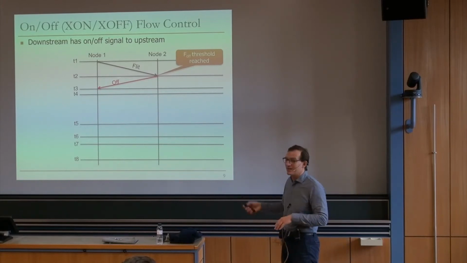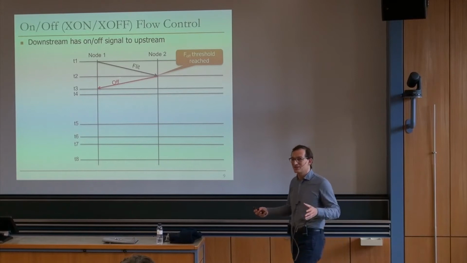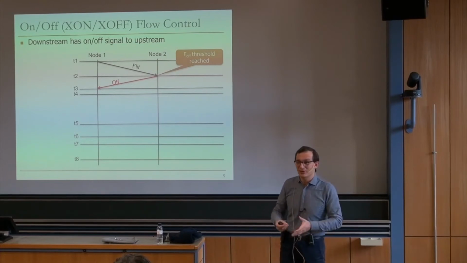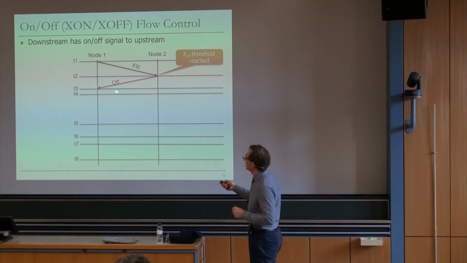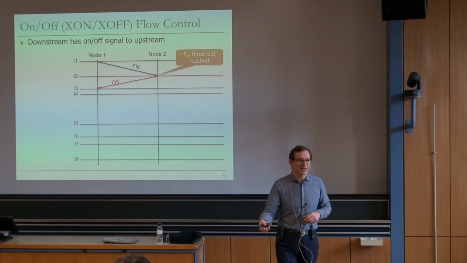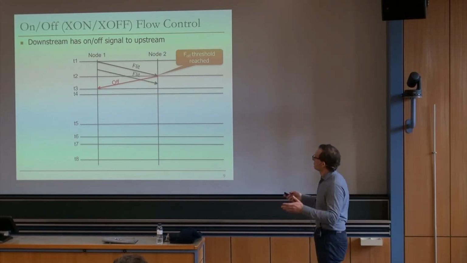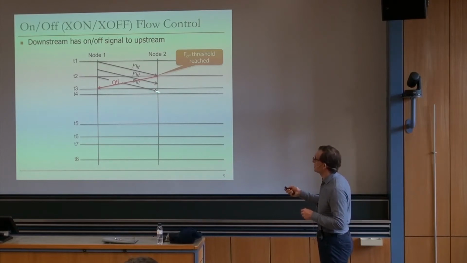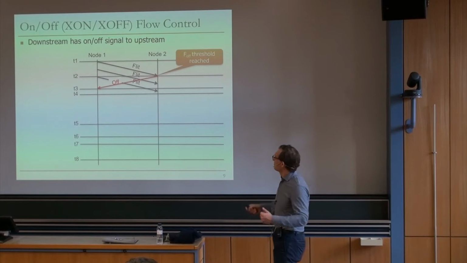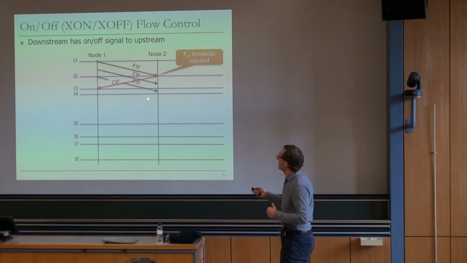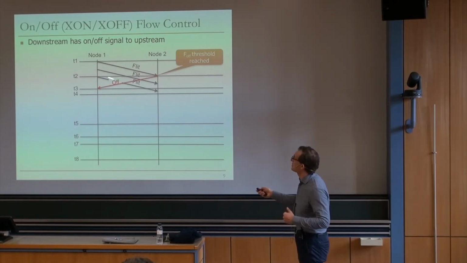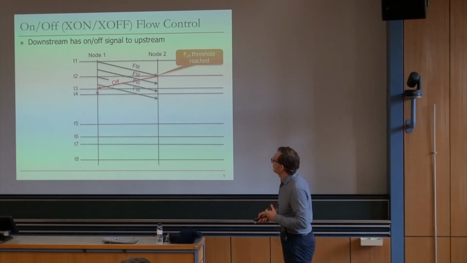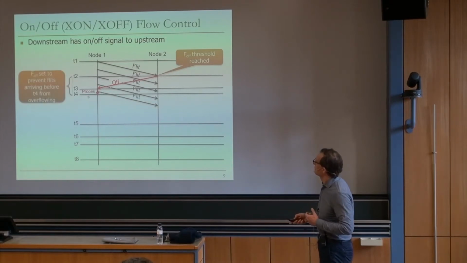You need to send the signal, again, conservatively, because if you send it too late, a lot of nodes may send you flits and you may not have buffers, right? You need to basically turn off yourself conservatively. And as you can see, that's the conservatism, right? So flits may still be being received over here. So there's some slack that you need to build into this off signal. This off signal assumes that I'm going to receive some more flits. That's why I'm going to send the off signal even earlier. Okay, so there's some processing delay, and then,